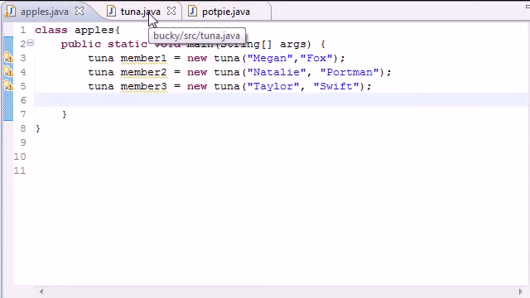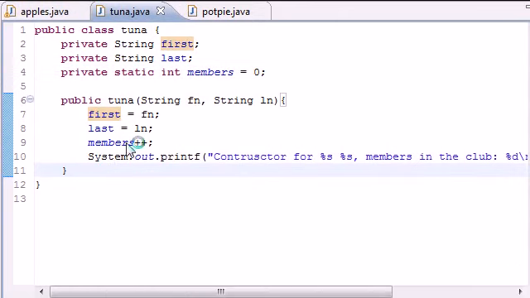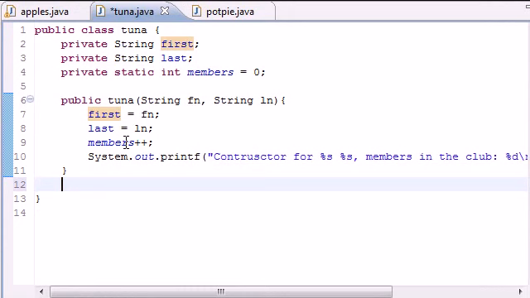What's up guys, welcome to your 47th Java tutorial. In this tutorial I'm going to be finishing up talking about static members, and I'm also going to be showing you a nice little trick that you can use when